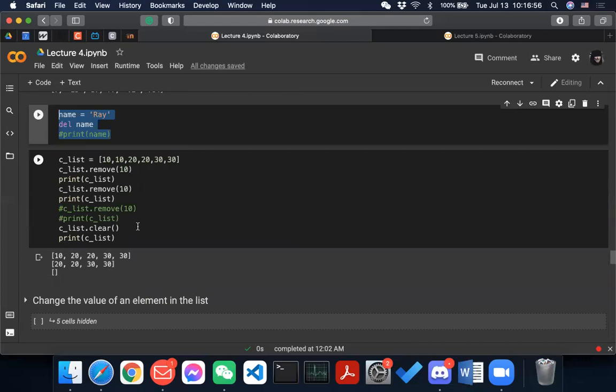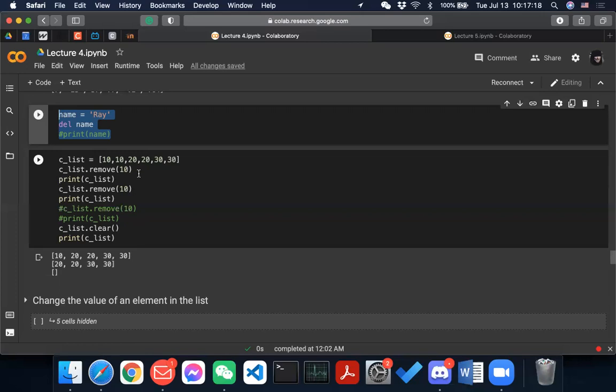Okay, and the remove function. The remove function just gives you the idea. It is just to find this specific thing that you're looking for and remove it, right? But it only removes the first instance of that content that you provided, right?